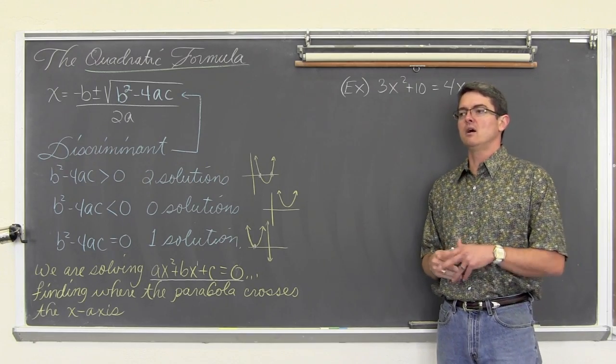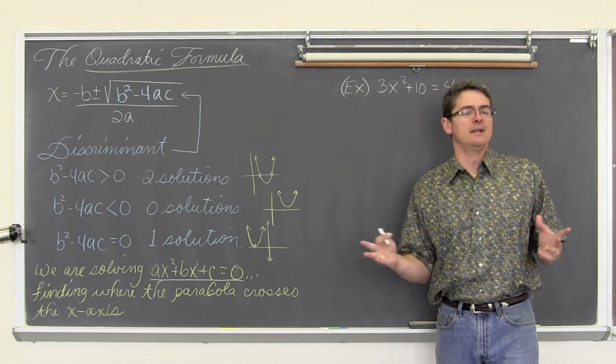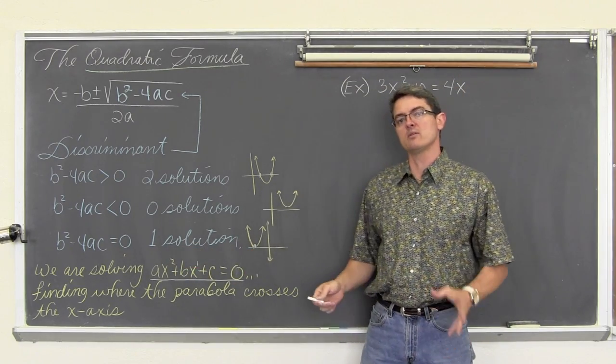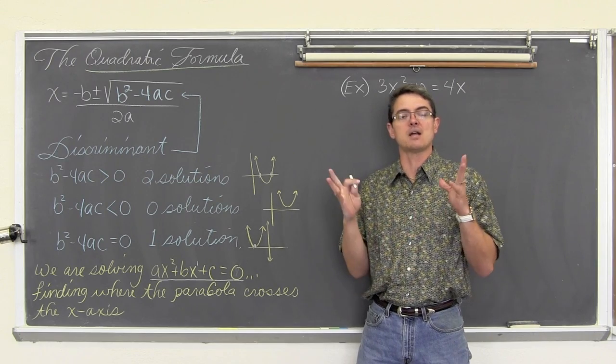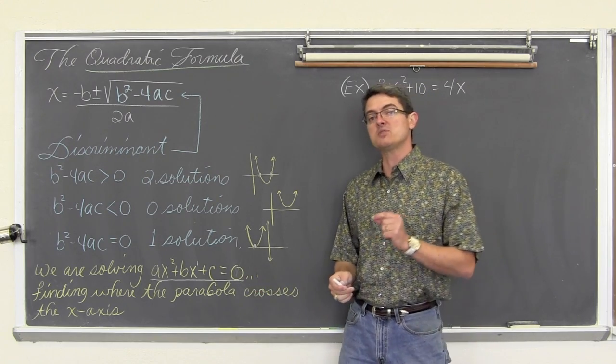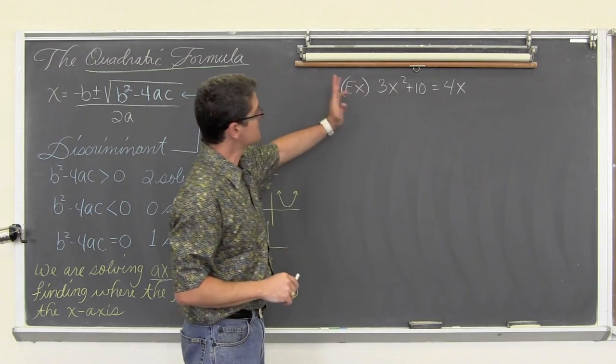We're not going to add a number, divide by a number, and then boom, have x equal 10. This is a quadratic. We have a first and a second degree term, so we are not going to get x alone. It's not possible to solve these equations this way. We're going to get these equations set equal to 0, and then apply the quadratic formula. So here we have an example.